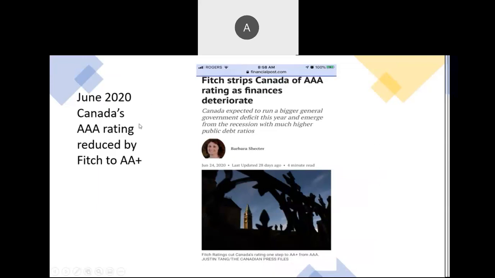In June of 2020, Fitch, one of those bond rating organizations, reduced Canada's bond rating to AA plus. Now, maybe AA plus doesn't sound too bad compared to AAA, but in bond ratings, that can be a very big hit because it indicates that Fitch did not think Canada as a country was as able to pay its debts